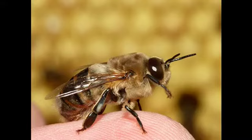If he is fortunate enough to make it through the year without mating with a queen, in the process of getting ready for winter, the rest of the worker bees kick out all the drones because the drones eat so dang much that they can't afford to keep these guys in the hive over the winter because they'll eat them out of house and home. So these worker bees will literally chew the legs and the wings off the drone bees and kick them out